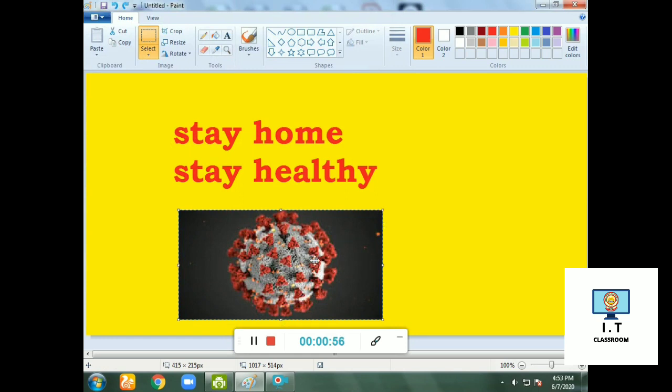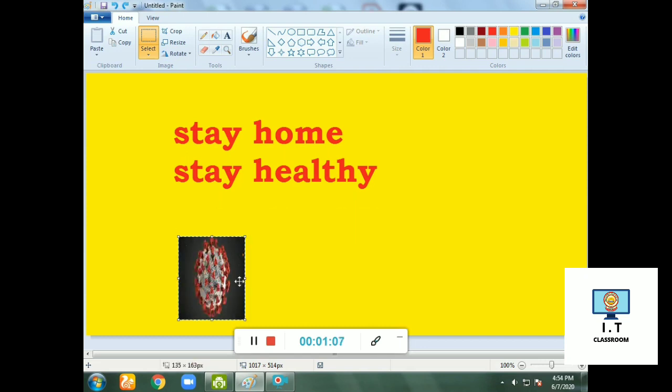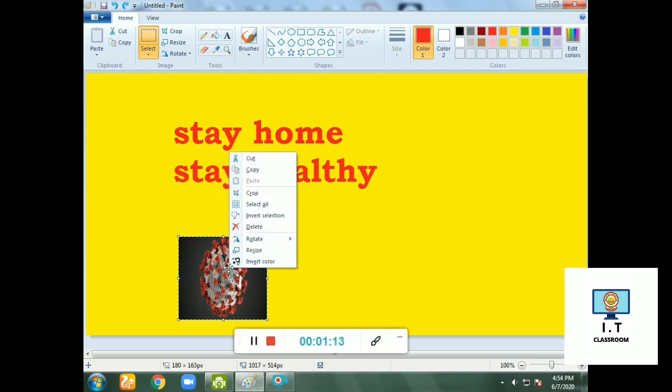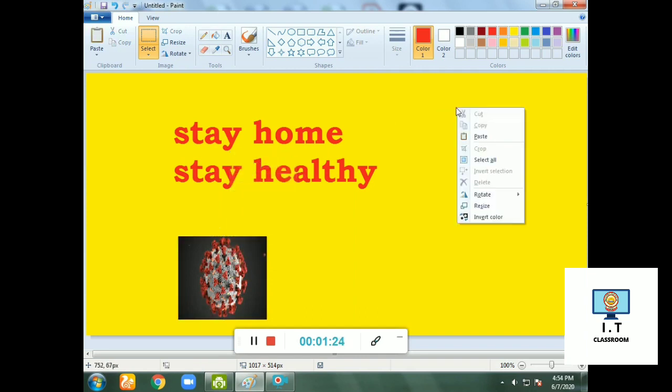Suppose you want to make different copies of the same picture. So for this, what you have to do, first I am just minimizing its size. After this, I will right click on it, then I will select the copy option from the box, then I will place my cursor where I want to paste it.